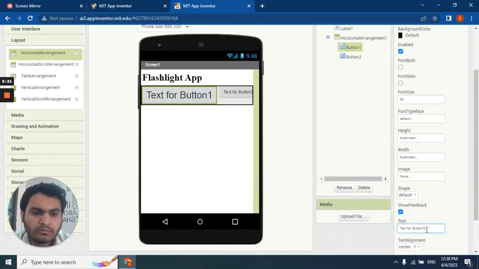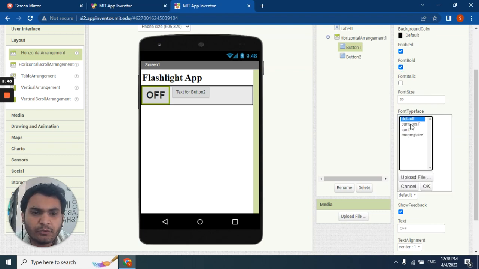Scroll down, remove the text and write here Off. This is your off button. Then enable font bold and change font type to serif.